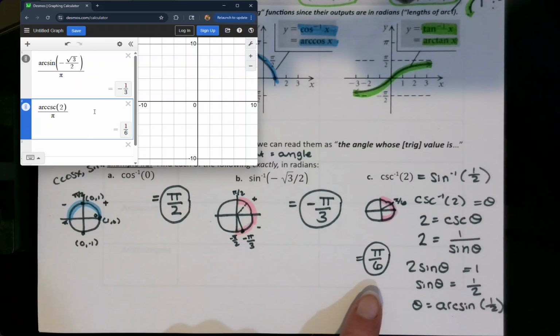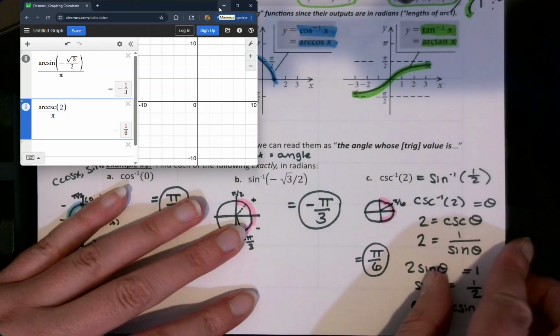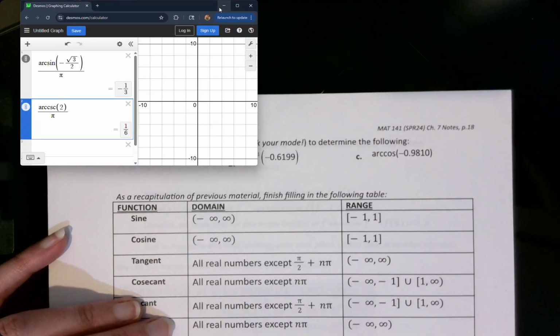But it's also really important and interesting to understand how you can figure them out just from knowing the unit circle as well. Now, let me keep my calculator handy as I get to the next page. On the next page,